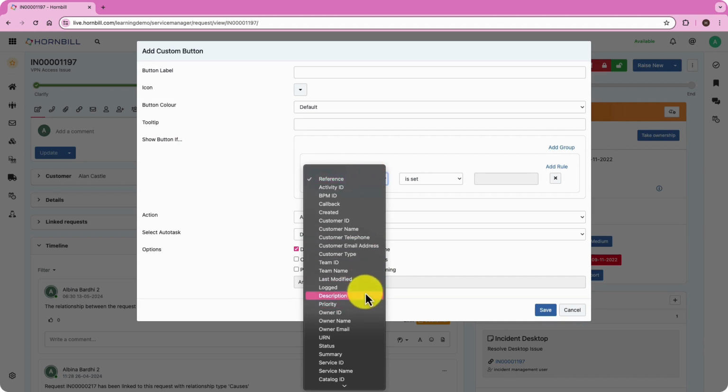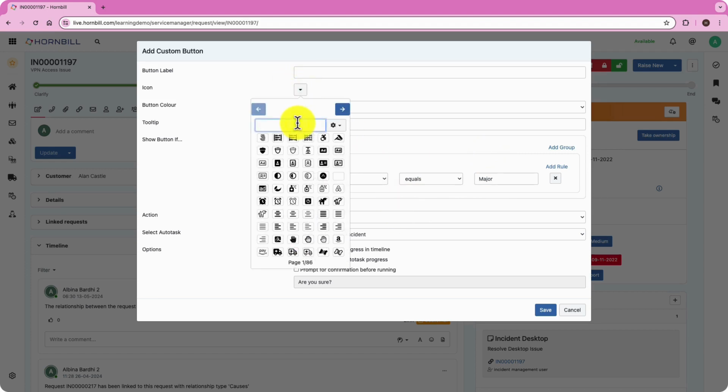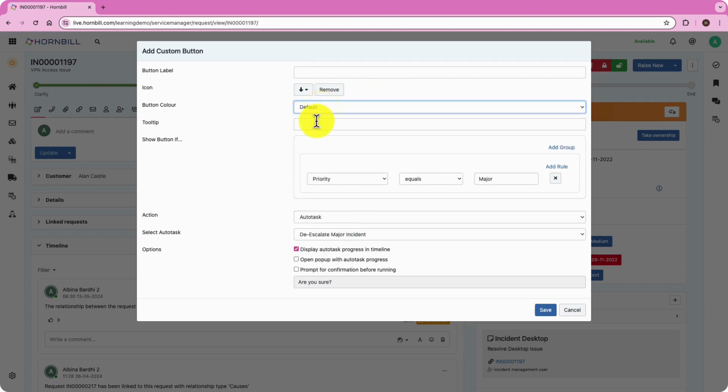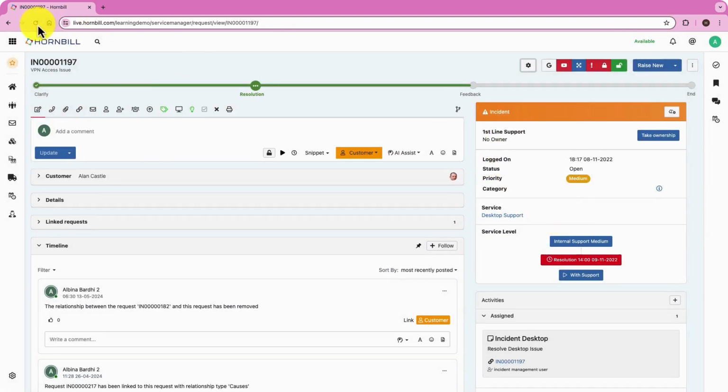We want this button to appear only when the incident's priority is major. Once set up, the button is saved and will appear in the button menu.